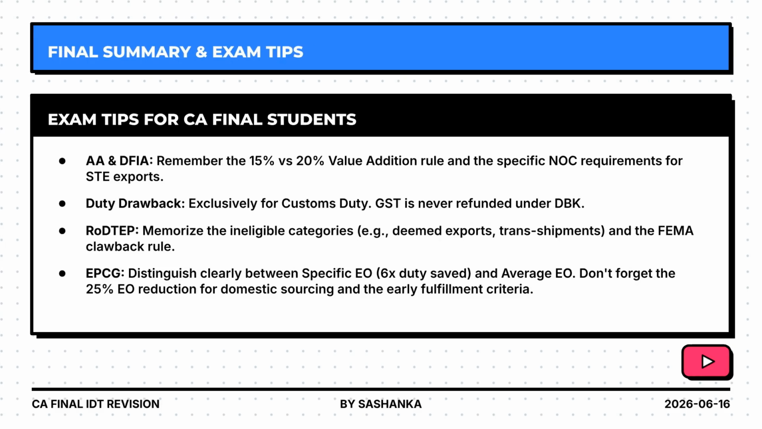Under AUBL-A and DFIA, remember prohibited item restrictions, STE rules, and the value addition requirement of 15% versus 20%. For duty drawback, remember that only customs duty is refundable, never GST. Under RODTEP, focus heavily on exclusions and the FEMA-based clawback rule. Finally, in EPCG, clearly distinguish between specific export obligation and average export obligation, and remember the 25% reduction available for domestic sourcing. If these core concepts are clear, you'll be able to tackle both theory and practical questions with confidence